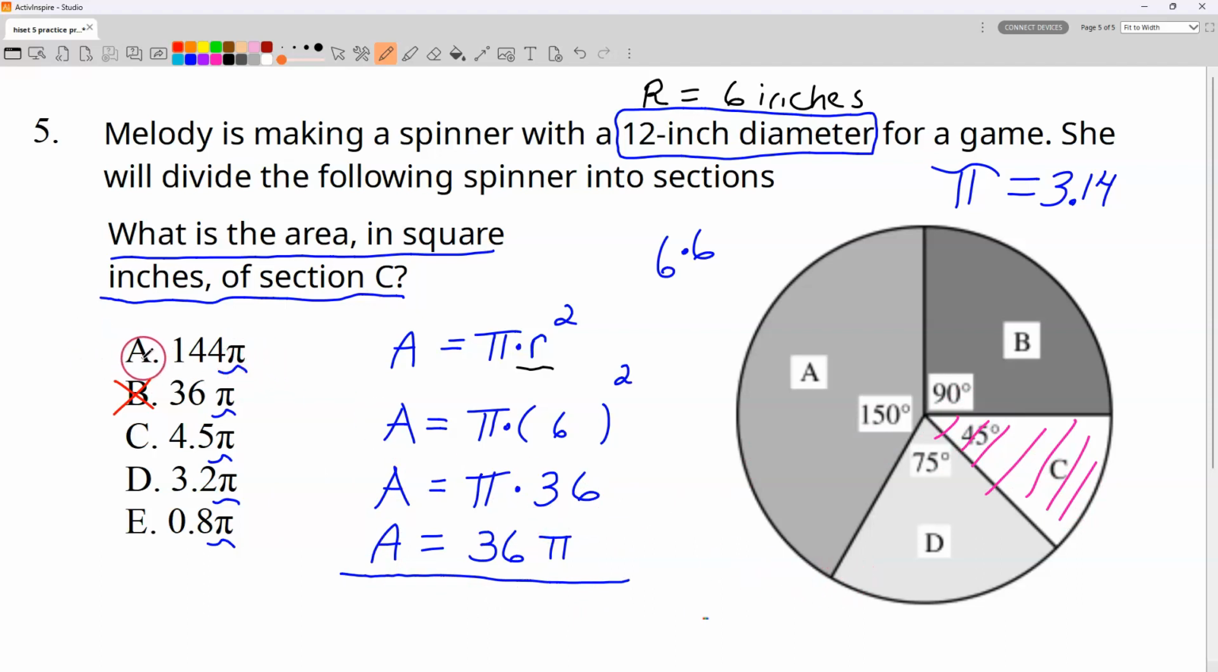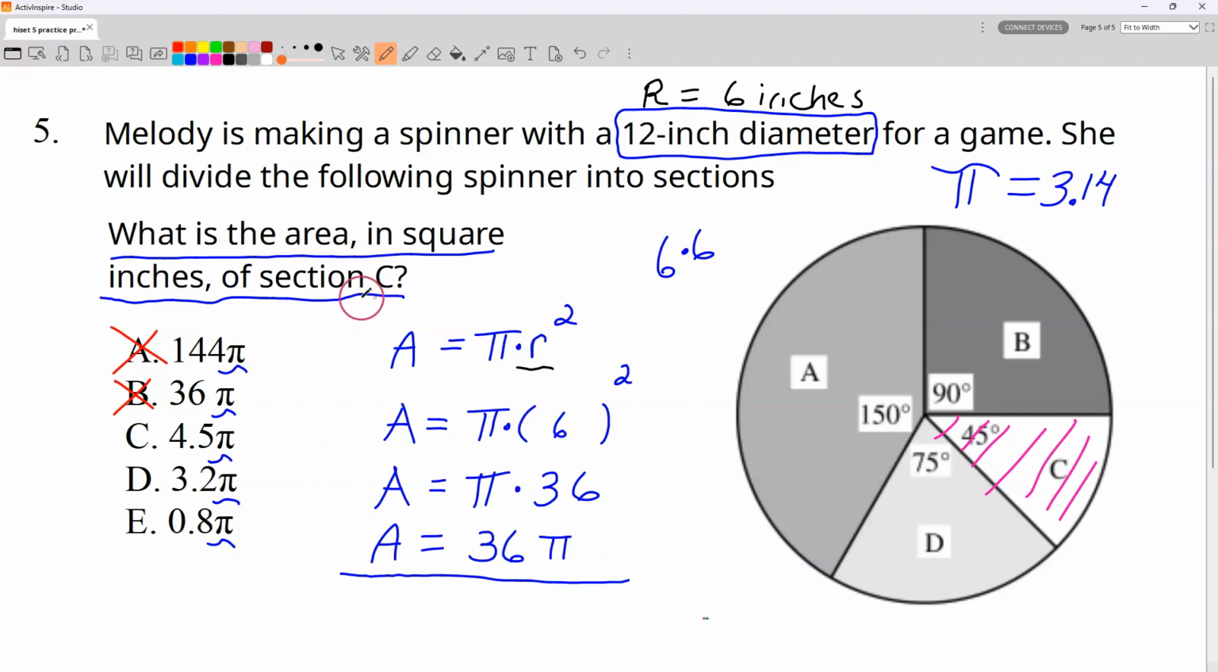And A's gone too, right? A doesn't make any sense because if it's 144 pi, and I know that my answer has to be less than 36 pi. Again, don't let that pi symbol confuse you. Really, my answer has to be less than 36. And 144 is bigger than 36, so A is gone as well. And now you have a better chance of guessing. It's either going to be C, D, or E. If you need to guess at this point, that is perfectly okay,